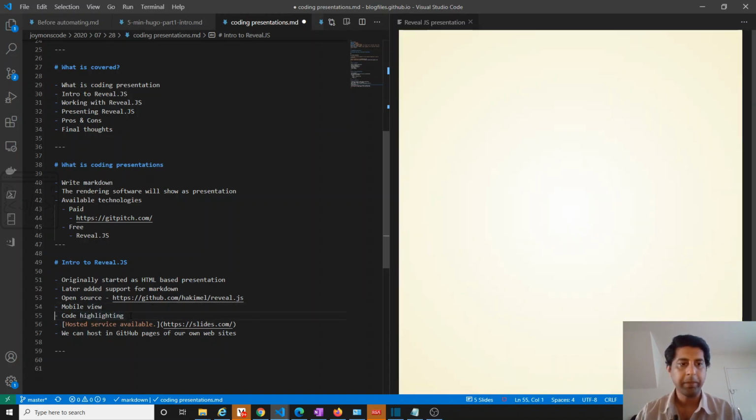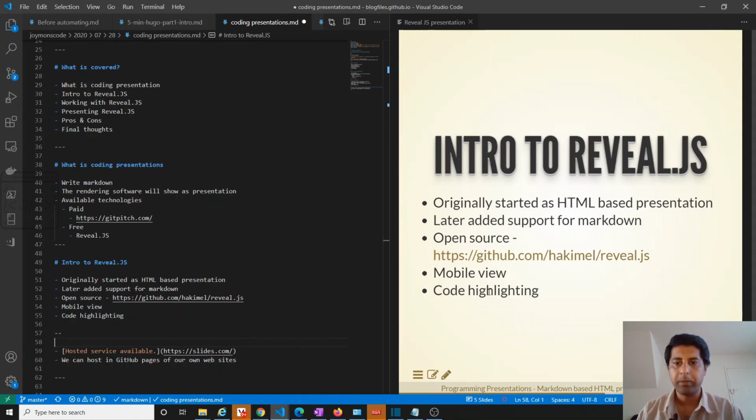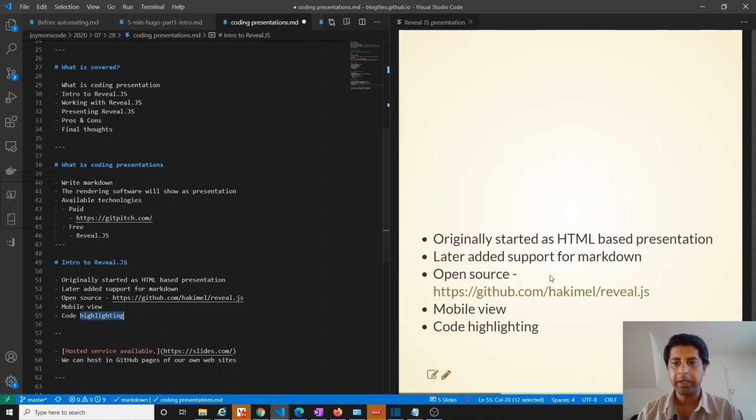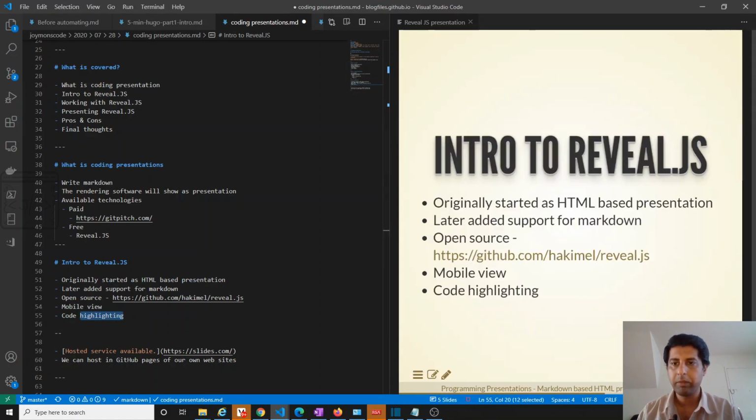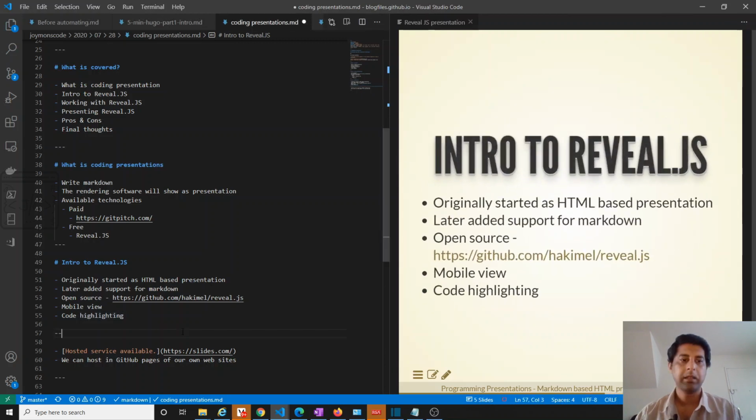I am going to separate the hosting part from the introduction side, just putting two hyphens. Now you can see from the code highlighting, it is separated as a separate slide, but that slide is below the introduction slide. So when a topic has multiple slides, the topic can be navigated using the right arrow, then the subtopics can be navigated by the down arrow or up arrow. This is one interesting feature I have seen in Reveal.js.